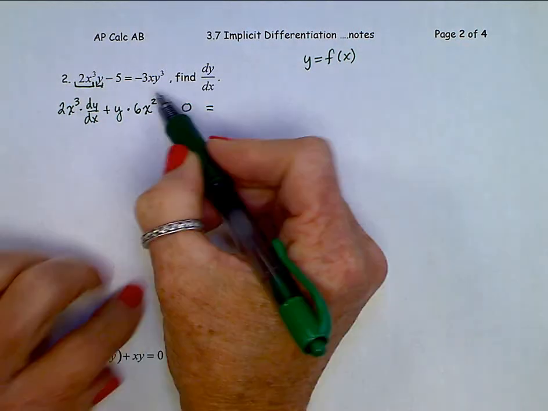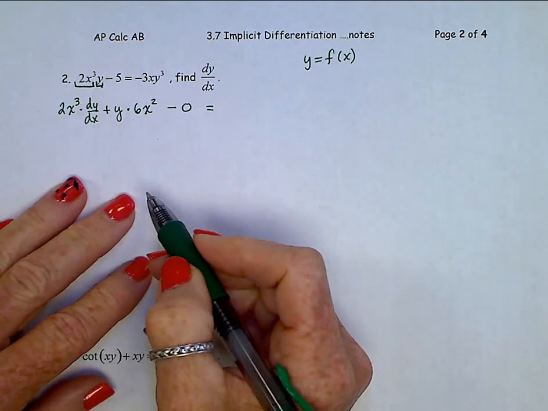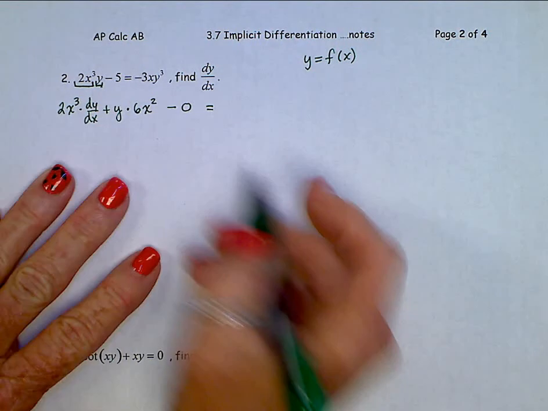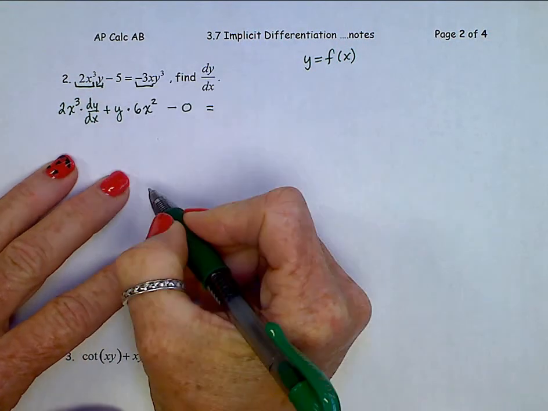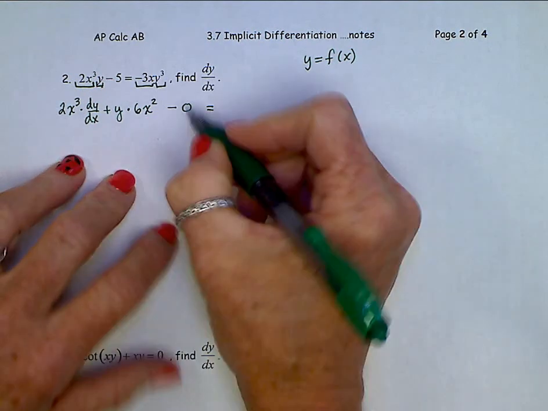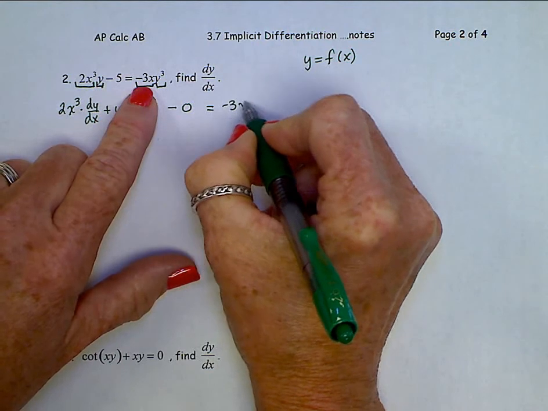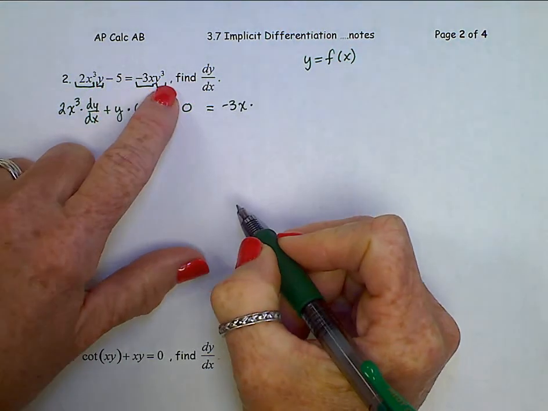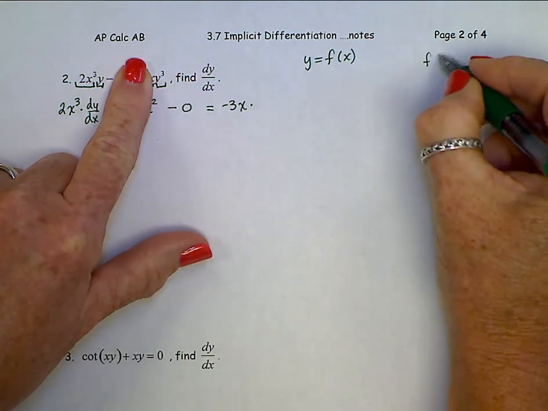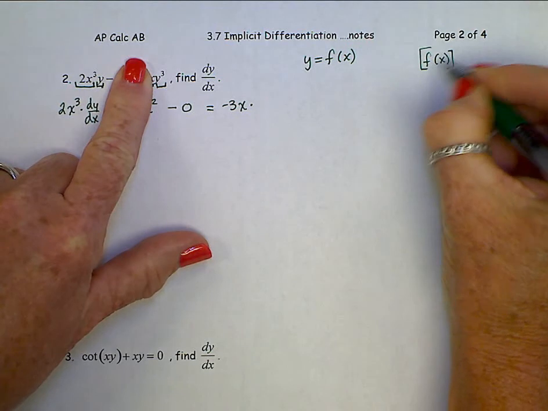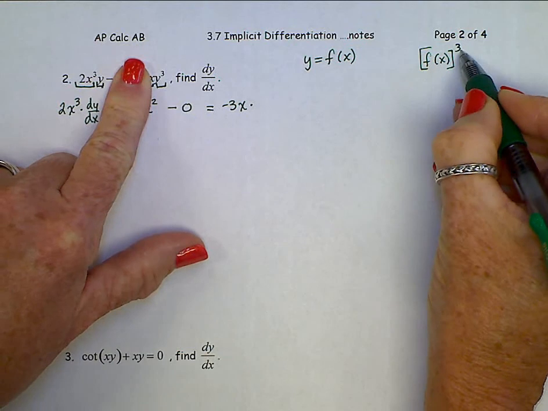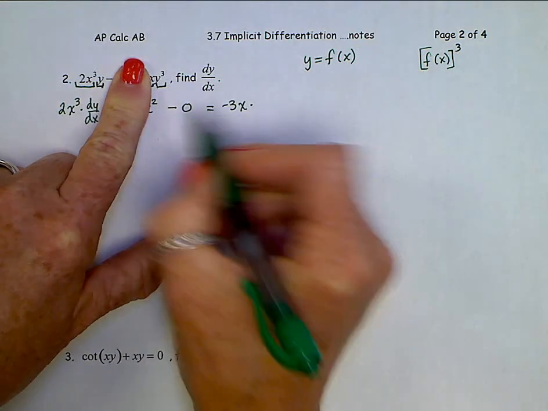all right, now over here, again, we have a product rule. Anytime you're multiplying two things with variables in them, it's a product rule. So our first is this negative 3x, and the second function is y cubed. So plugging on through, first, negative 3x times the derivative of the second. Now here's where it gets a little tricky. This y cubed, that's like saying f of x quantity cubed. So when we do this derivative, it's 3 f of x squared. But we're not writing the f of x, we're keeping that as y. So that's